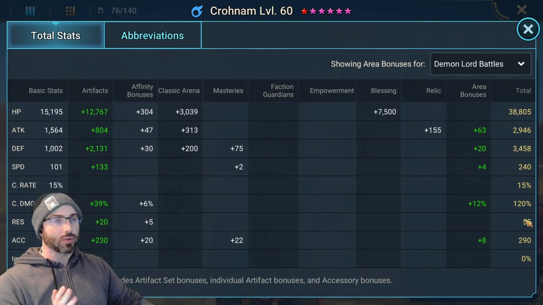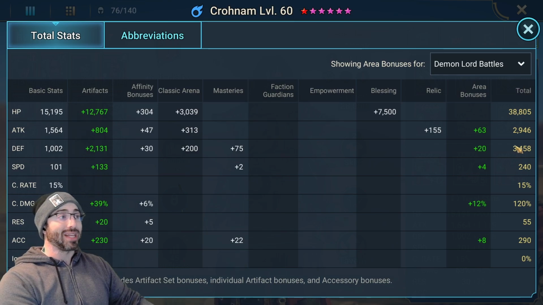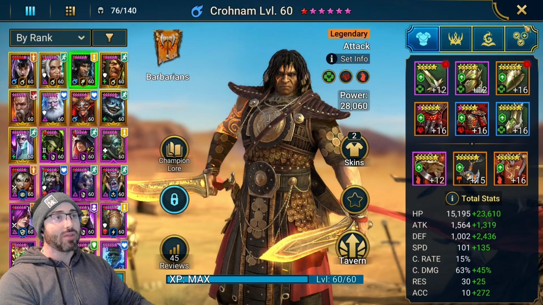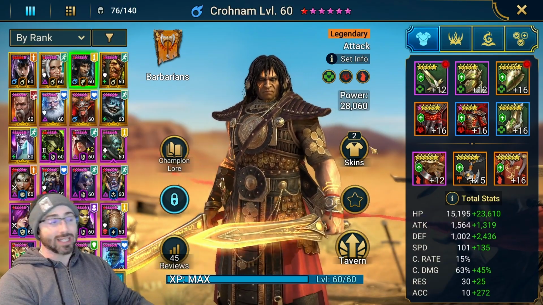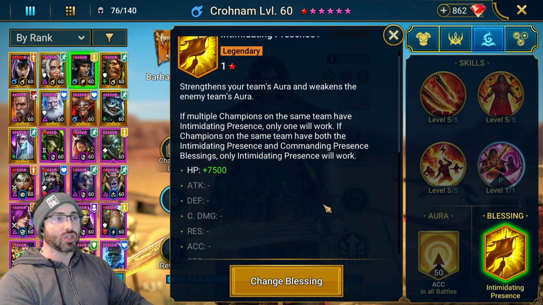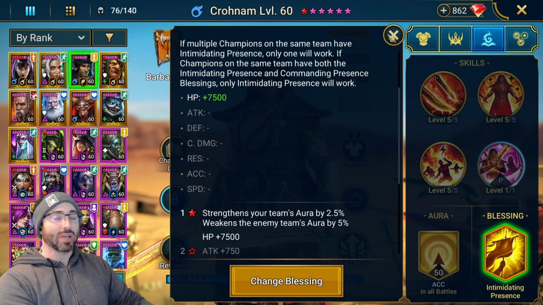Resistance, we're not doing anything with the resist. Crit rate, we're not doing anything with crit rate. Crit damage is just there because that's what happened to be the case. In fact, for accuracy, I think I'm going to actually be utilizing my Great Hall and be buffing that. Our HP is at 38,805. We have a 1-star blessing on him as well. And the blessing we're using is Intimidating Presence. This is just so it buffs our aura by itsy, teensy, tiny bit,